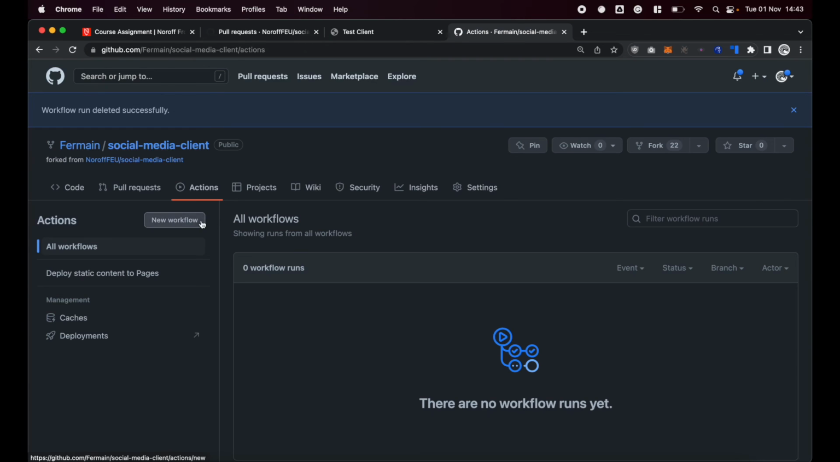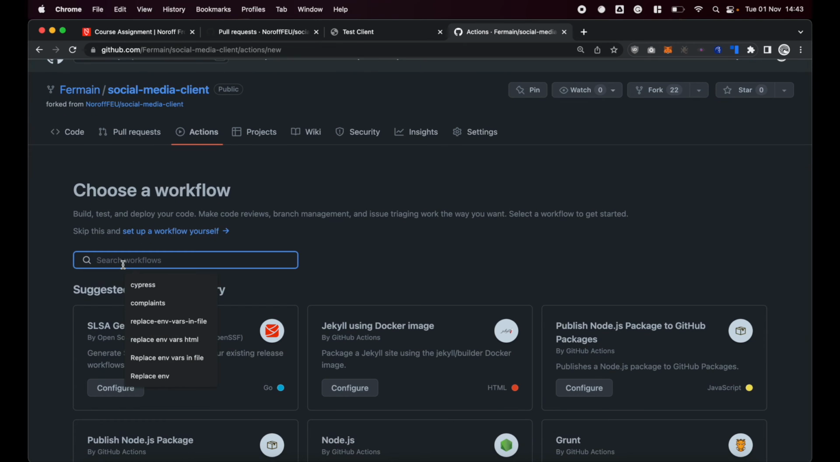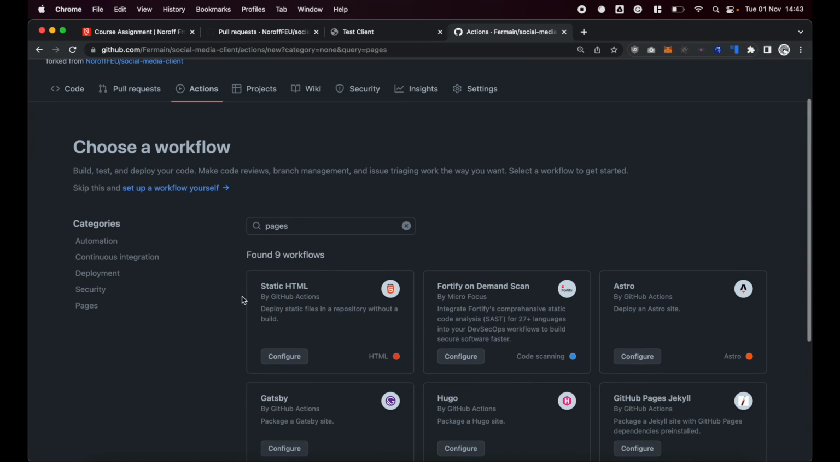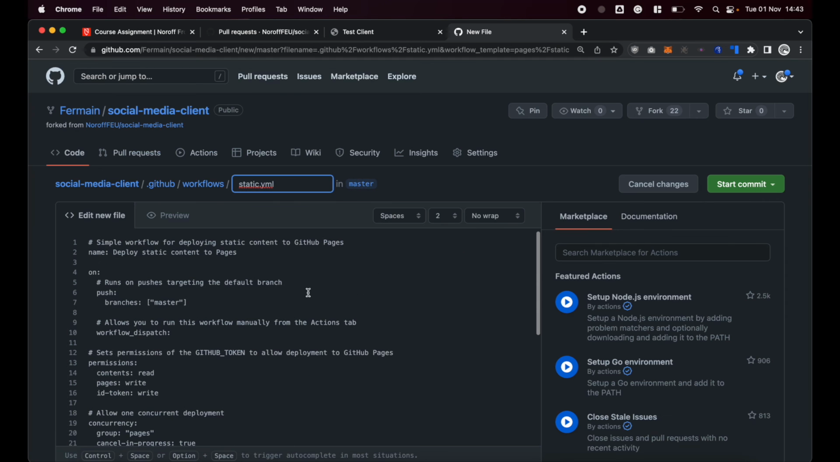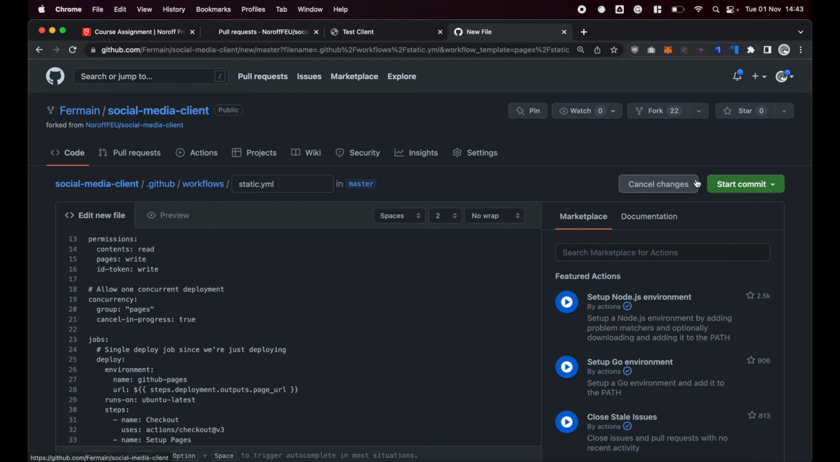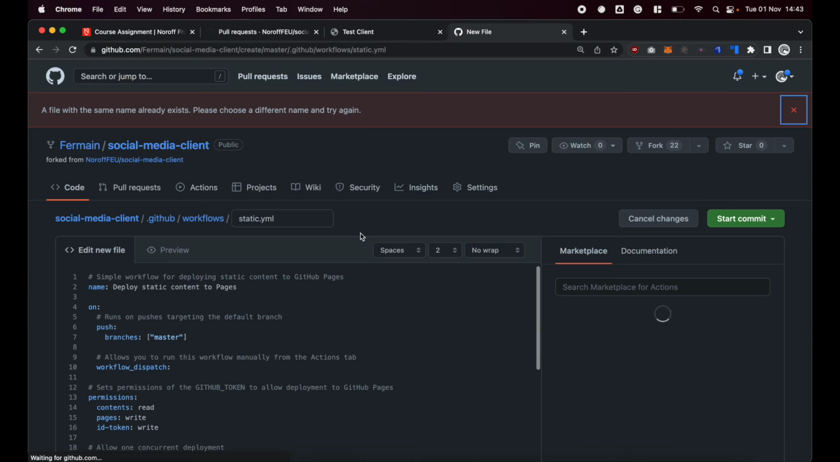Okay, so we're going to create a new workflow. The purpose of this workflow is going to be to release to pages. So I'm going to start off by searching pages so that I can get this static HTML template. And I'm going to create a new branch called Actions, create the new file,